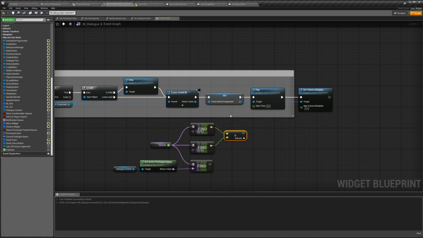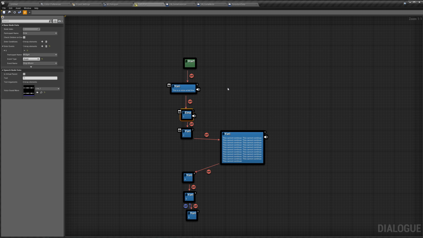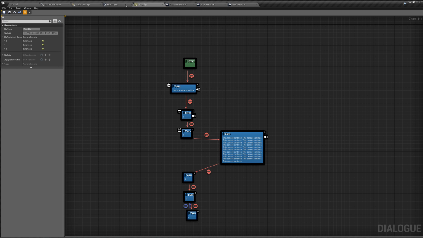By default, the multiply only gives you 2 pins, but you can click this plus sign on this add pin to add another pin. So let's just plug this into here and plug that result into our new volume multiplier. And in our dialog, I changed it so that Yuri is the first speaker and Aina is the second speaker. So if we were to hit play